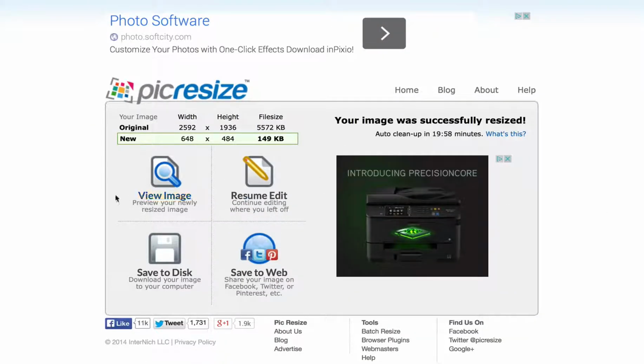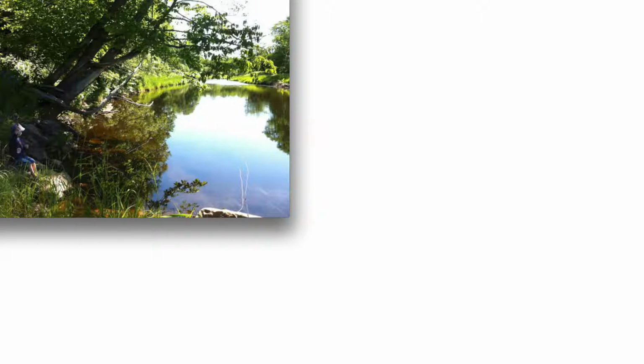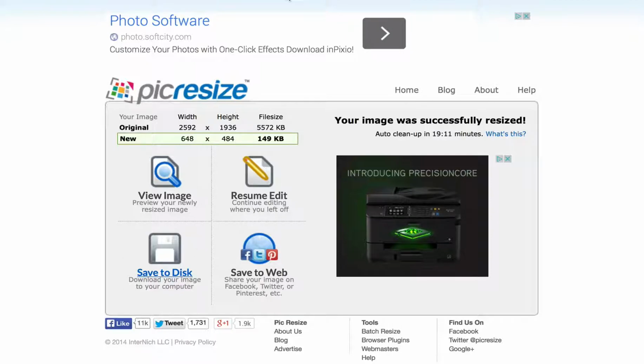Okay, here's my option. I'm going to say save to disk. And then boom, that picture is now saved. I'll move that photo from my downloads to my specific folder on my hard drive, and be right back with you. Okay, so now what I'm going to do is go back to Maritime Camping,